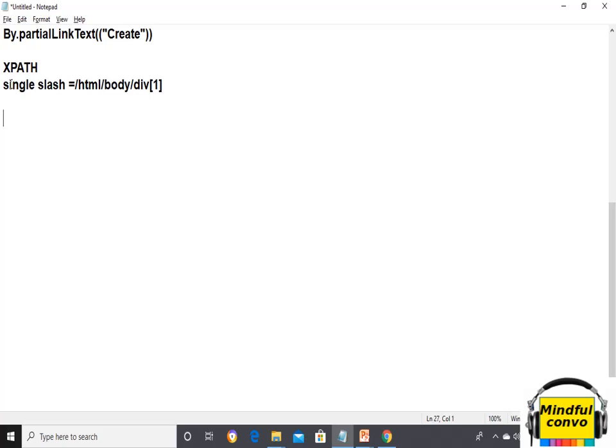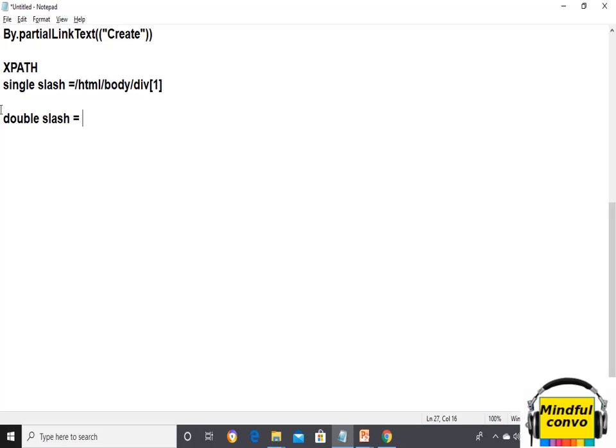Then our next is double slash. So basically double slash means the relative path. In order to find the XPath using the double slash, we don't need to start from the start of the document.